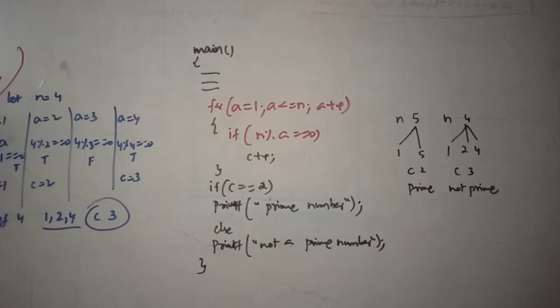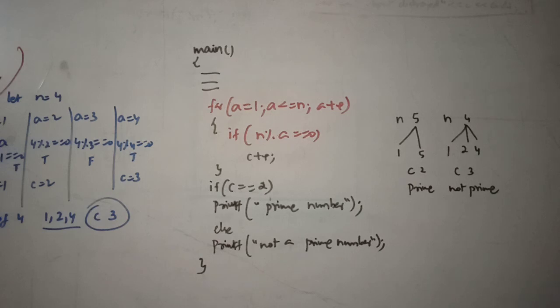So let n is 5, n is having 2 factors, it is prime number. And n is 4 has 3 factors, not prime. Any number which is divisible by 1 and itself is prime number. So any number with 2 factors is a prime number. And don't think of 1 here. This program will work for any number from 2 and greater than 2. So we started with printing factors of any number, then count the factors, and if the count is 2 prime, otherwise not a prime. You try to observe the difference between each and every program.